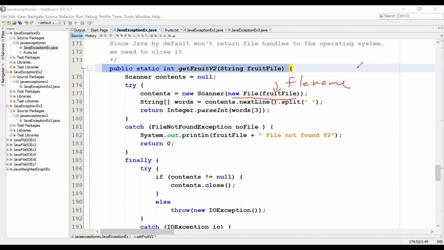File name, is it? If the file doesn't exist and you create a new file, that will cause a FileNotFoundException. Basically it's because of the File class. Because this exception is a checked